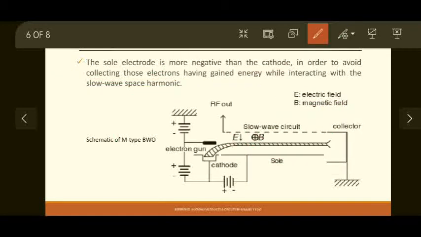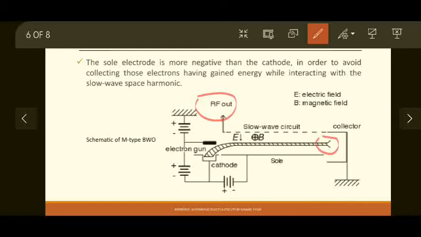So why this? We are achieving oscillations because of the interaction. So the RF output is taken over here, similar to the previous concept that we have discussed. Now the electron beam reaches here having lost the energy. Now how the RF output is affected, that we will see now.